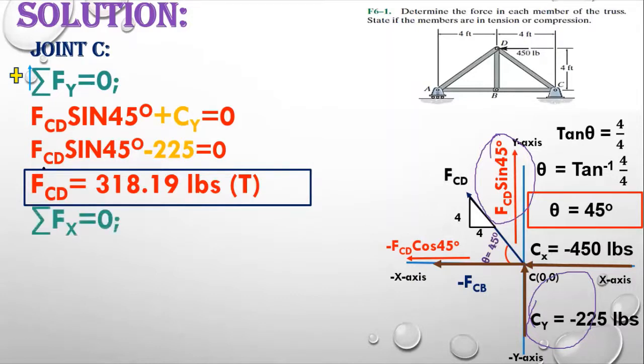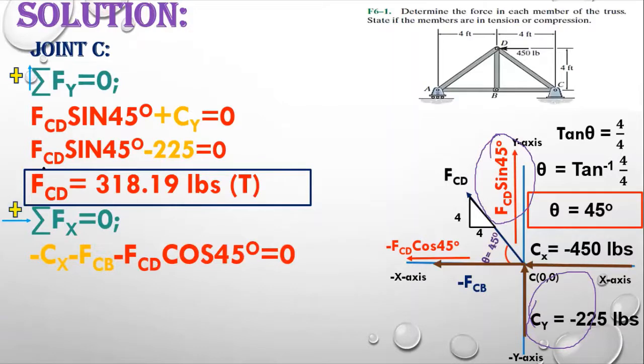When we sum up horizontal forces, minus FCD cos 45 degree, minus FCB, and minus Cx. So we are going to write down minus Cx, minus FCB, minus FCD cos 45 degree. You know that whatever direction we have supposed for the support reaction Cx, the value comes out in the negative sign. So we have taken the same direction we assumed, and we put the value of Cx in minus. So you can see minus Cx, minus FCB, minus FCD cos 45 degree.